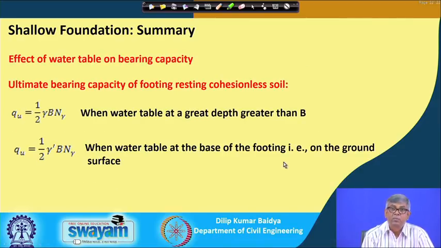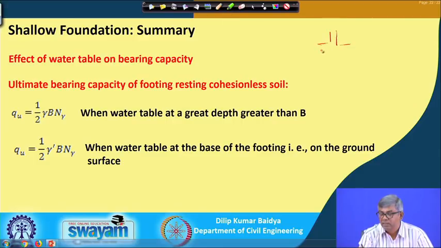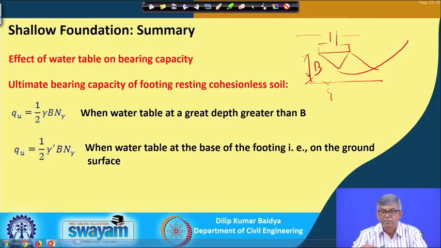Next is the effect of water table. These are the Terzaghi bearing capacity equations you have seen. While developing Terzaghi's bearing capacity, what was the assumption? If the footing is here and it has a typical failure zone, the water table will be much below that zone, and the depth generally required is B. If the water table is beyond the depth B from the base of the footing, then whatever formula I have mentioned is applicable without the effect of water table.